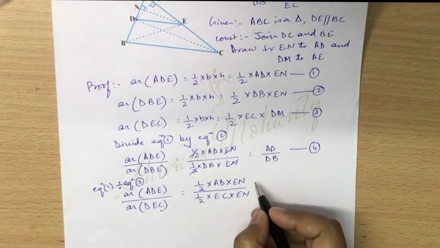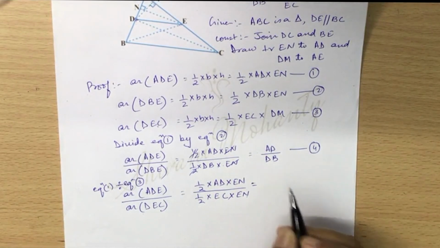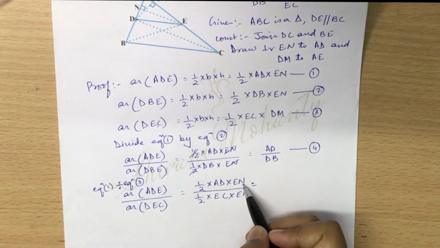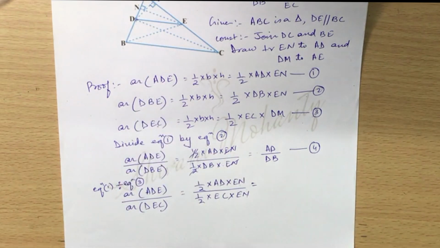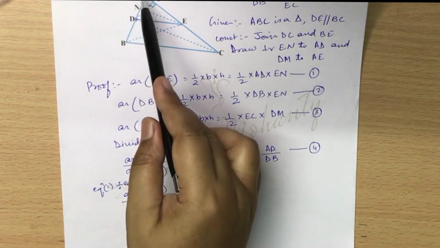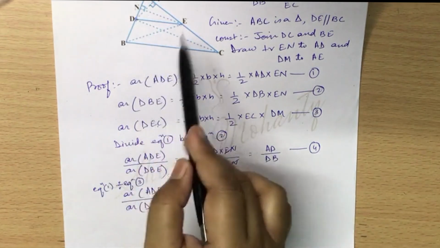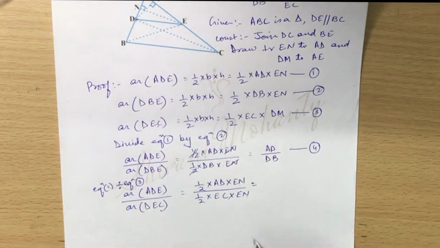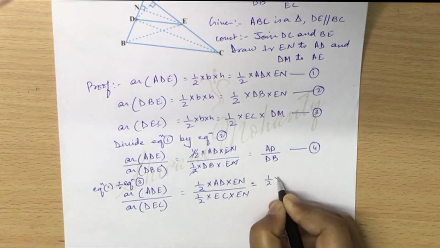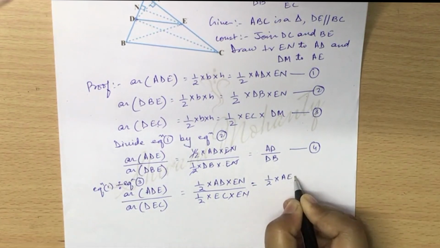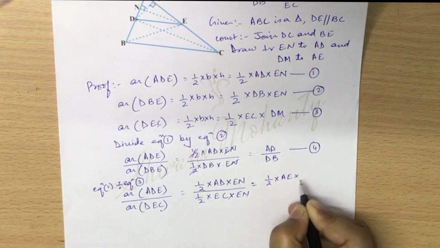This can also be written as follows. Why have I got this AD into EN? Because I have taken AD as the base. Now suppose I take AE as the base, the area will be the same. If AE is the base, then I can write half into AE into DM